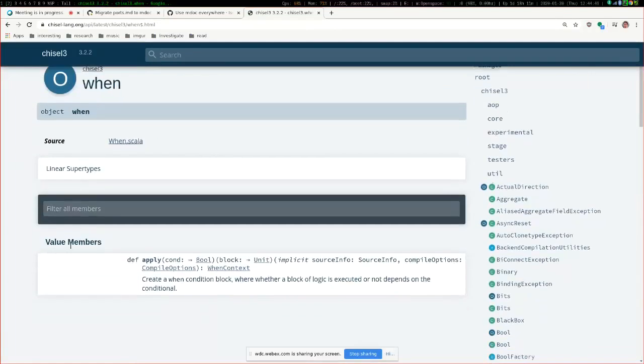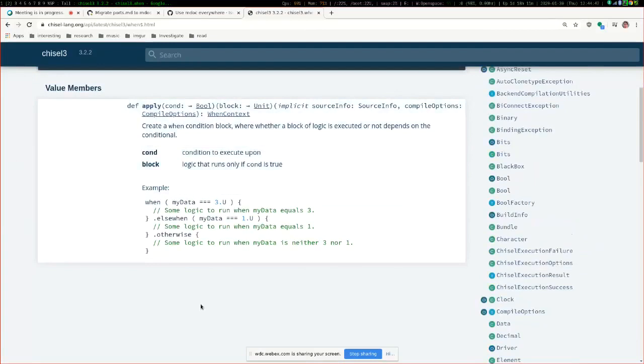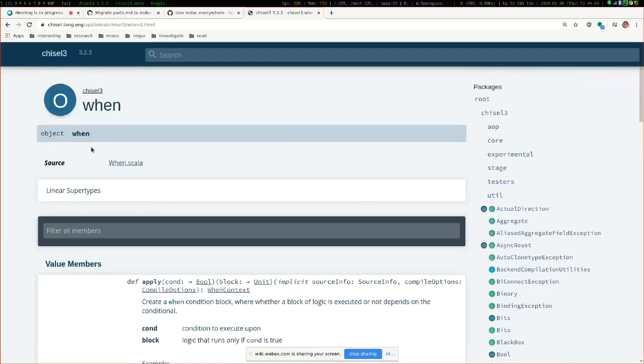Now, this isn't really as bad as it looks. It's just that the documentation for this is on the apply method. So you have to go down here and open this up and look at this. Really, this could be improved if this example was moved up onto the actual object as opposed to on the apply method. So if we can then make that modification very quickly,